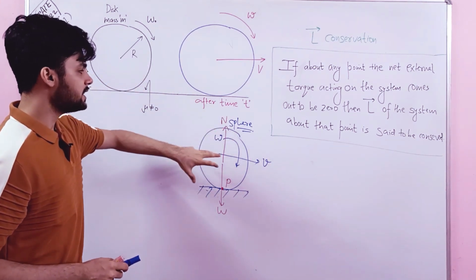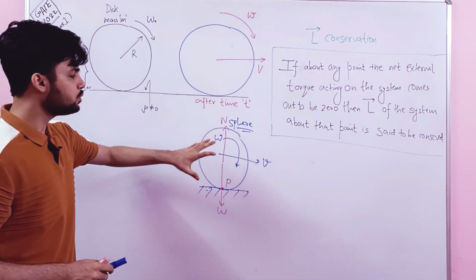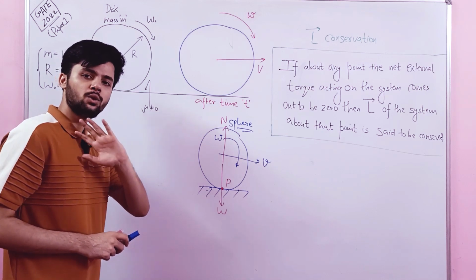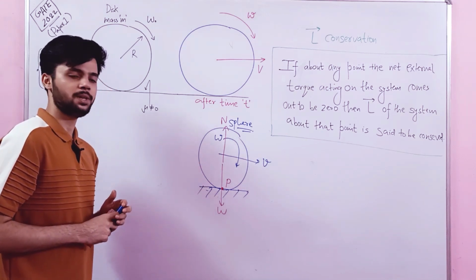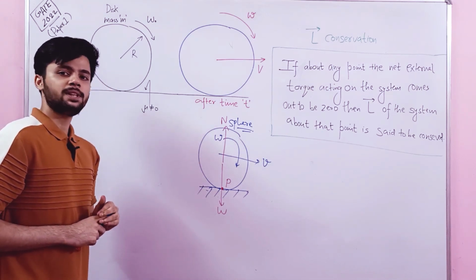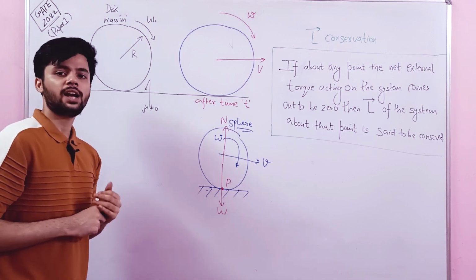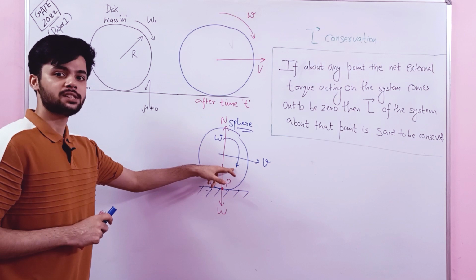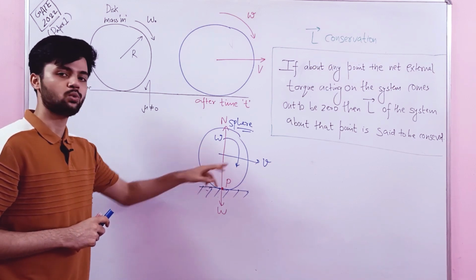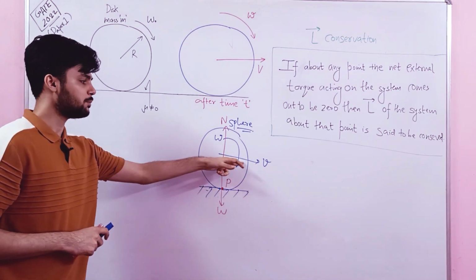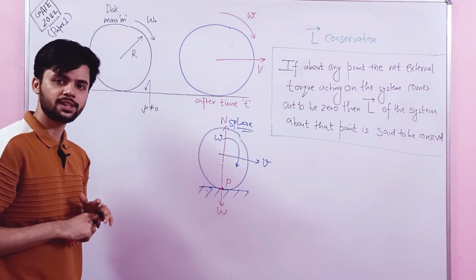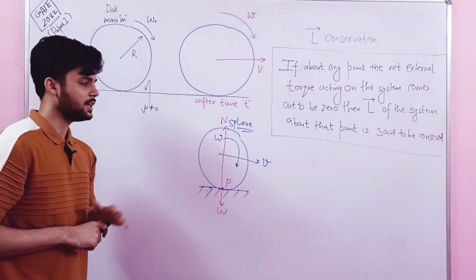So we see that only these are the two forces acting on the sphere. Apart from these two forces, no other forces are acting on the sphere. Some of you might be thinking that there is also friction acting on the sphere. So will friction act here? The answer is no. Why? Because the body is already pure rolling, right? So there will be no friction acting on the body.